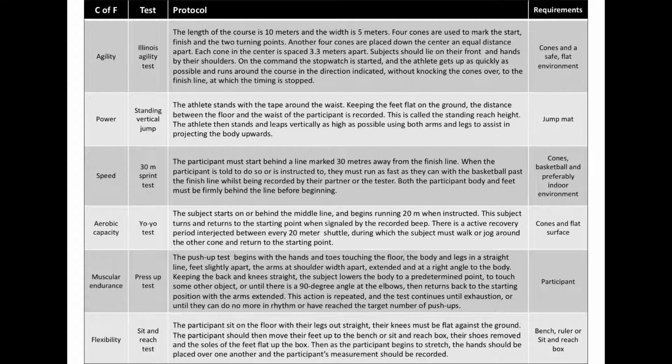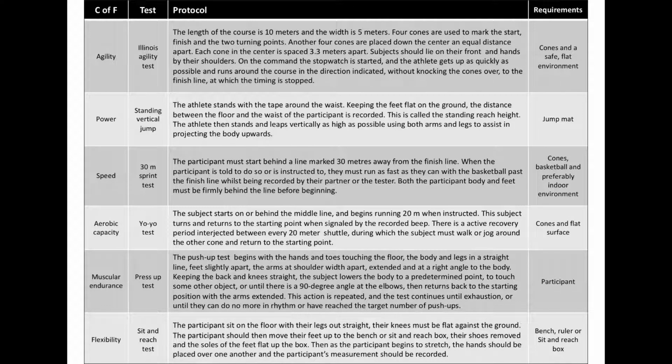4 cones used to mark the start, finish and the 2 turning points. Another 4 cones are placed down at the centre and equal distance apart from one another. Each cone in the centre is spaced 3.3 metres apart. Participants should lie on their front and hands by their shoulders. On the command, the stopwatch is started and the athlete gets up as quickly as possible and runs around the course in the direction indicated, without knocking the cones over, to the finish line, and at that point the timing